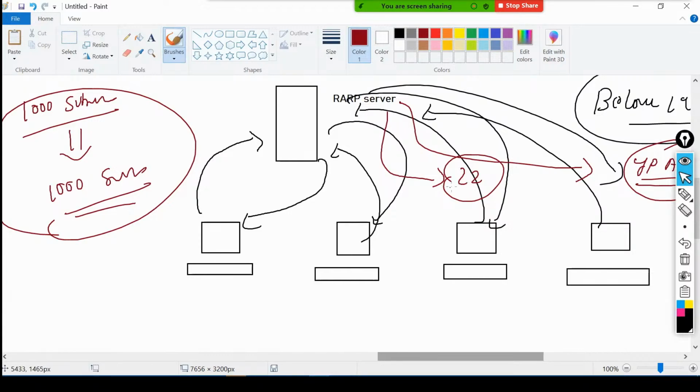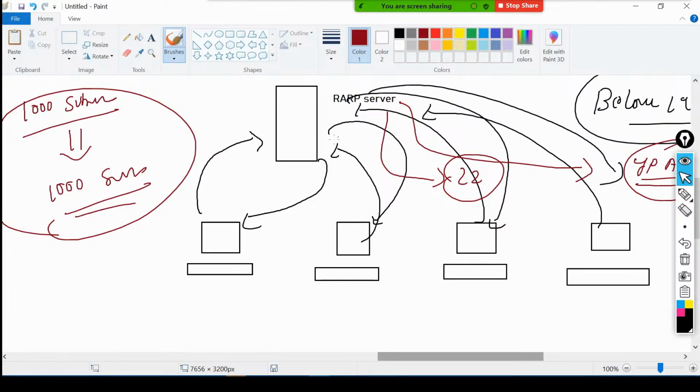But in the DHCP case, what happened? First of all, they will give all the information regarding the IP addressing. Second thing is, it doesn't matter how many subnets you have, you will have only one DHCP server. For example, your one DHCP server is present in the Delhi location, and you have sub branches in Calcutta, Bangalore, Mumbai, Pune, Jaipur. You will get the IP addressing from Delhi. But in RARP, it's not possible.